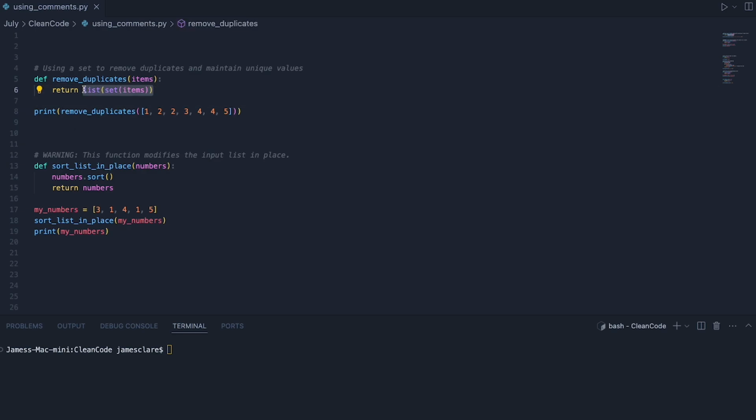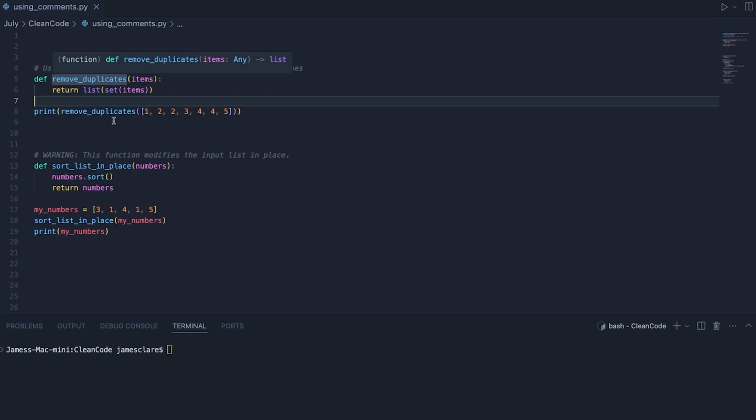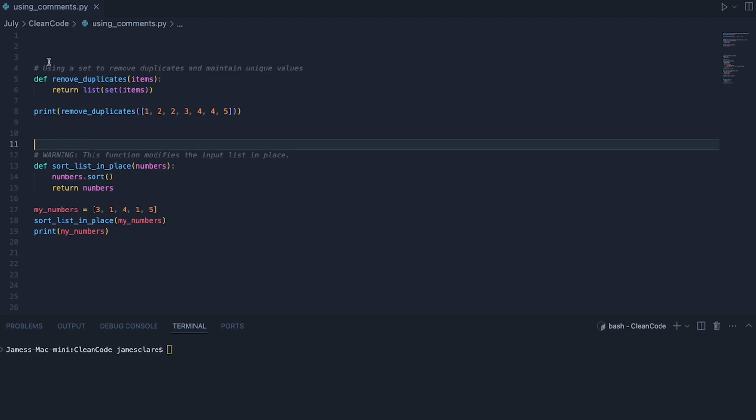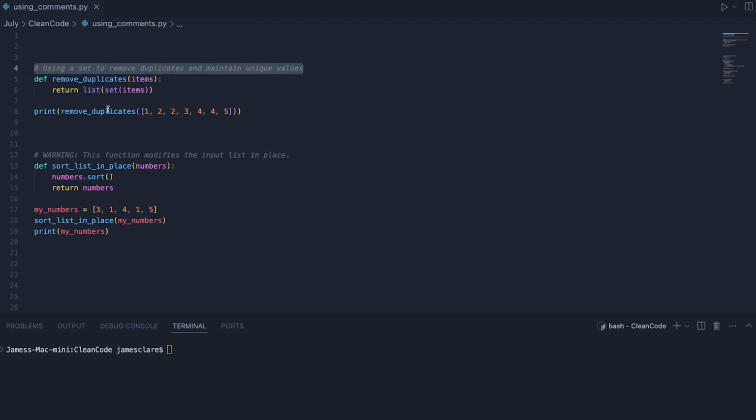To a newer programmer, it might seem weird that we're doing this. Why go from a list to a set to a list? Well, this might be a case where a carefully, simply written comment might actually be okay. If we said we're using a set to remove duplicates and maintain the unique values, I would argue that this is fine. This is for situations where it might not be entirely obvious what you're doing, but the thing you're doing is justified. Going from a set into a list is a valid way to remove duplicates, but to someone newer, it might seem strange. So in this case, I think a comment is probably okay.